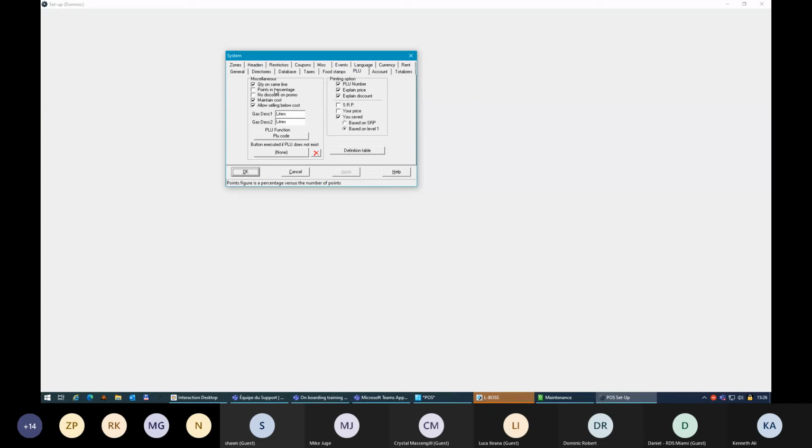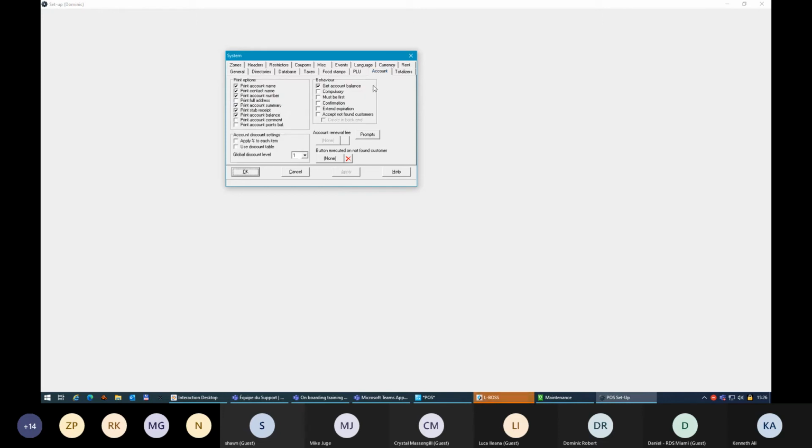I will not try to look too much into it since I see the time is already going. I'm sorry. Normally I would try to find out why it was doing this behavior, but we've been a lot on the USAVE, so I'll just have to move forward. So if we go now to the account tab,